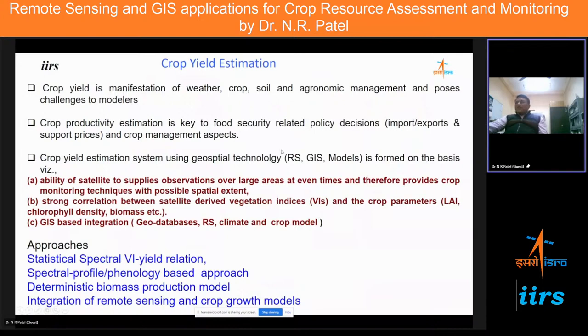Crop productivity is very much useful for food security related policy decisions like import, export, minimum support price, and other crop management aspects. Today, based on the crop production forecast only, the policymaker or government can take a decision about whether a particular commodity has to be imported or exported. Also, minimum support price. Nowadays, 24 crops are covered under minimum support price, and government